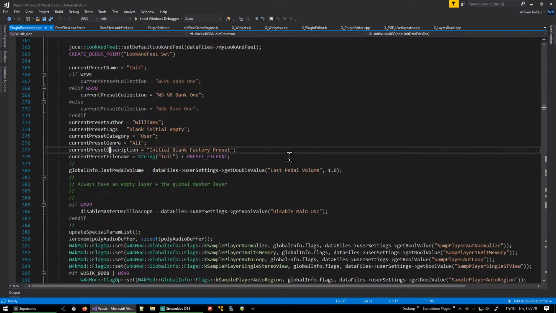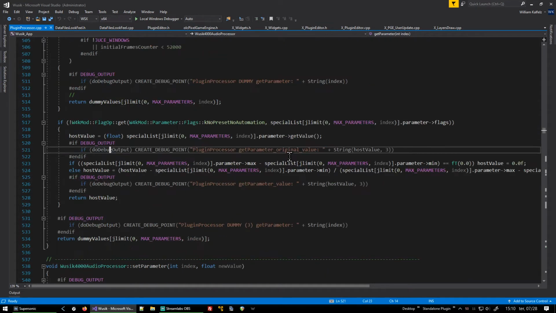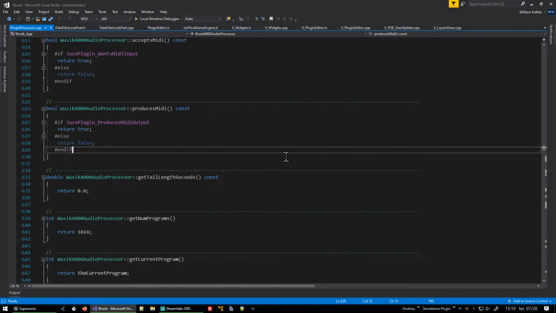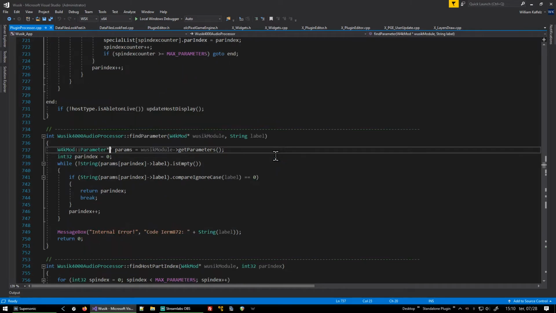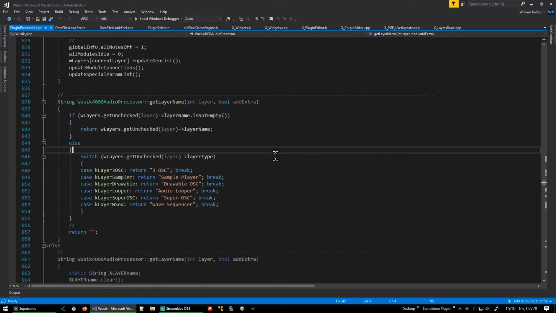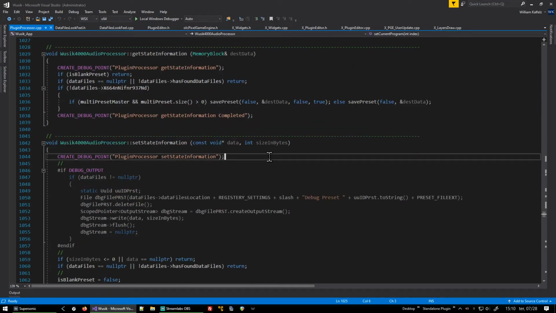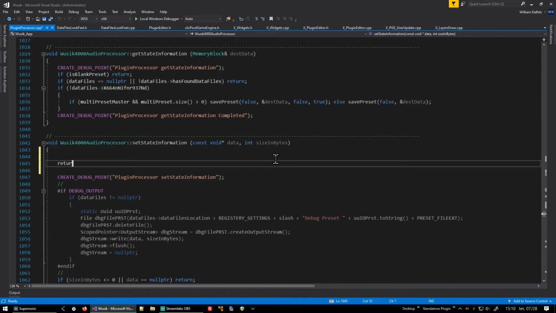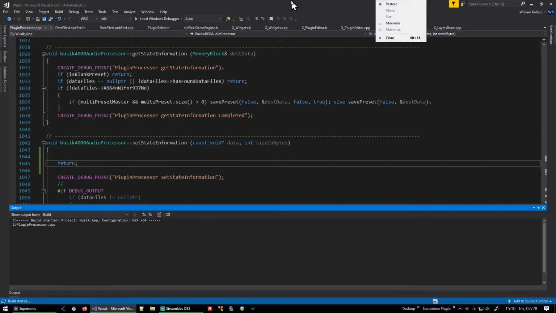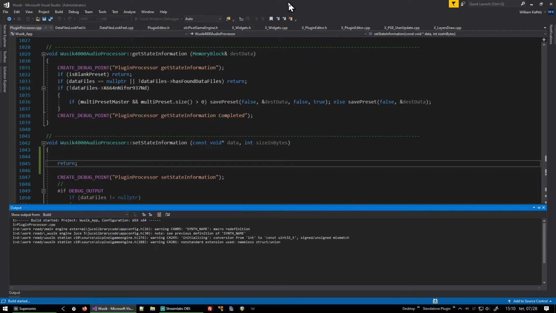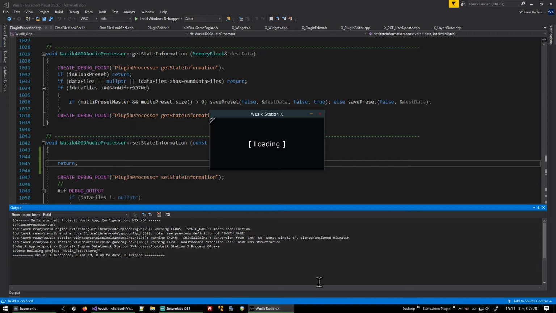State get and set stage information. Is around here. Set state information. So basically, I have the two backgrounds, the metallic background, and then the other background that goes on the top,